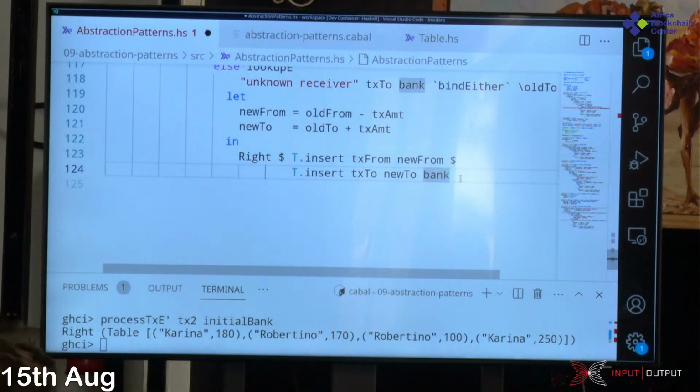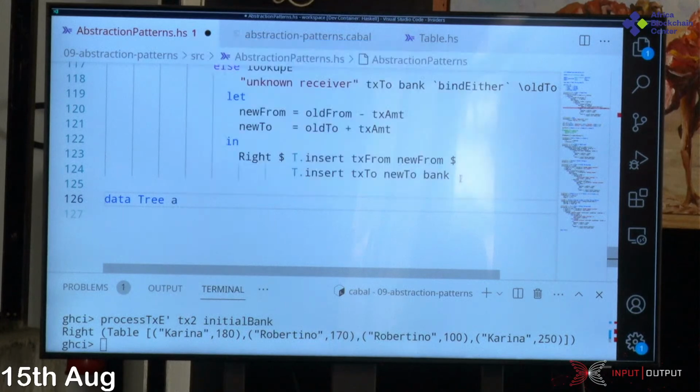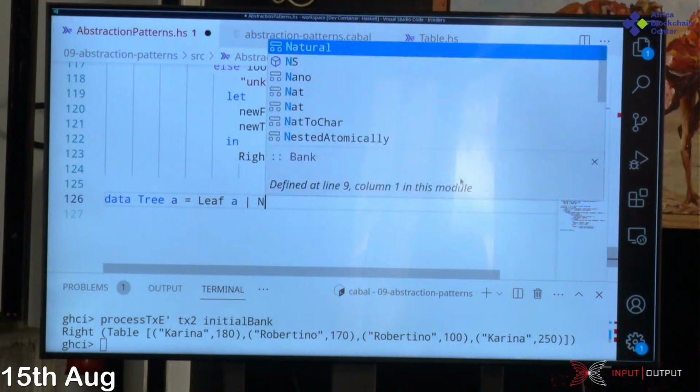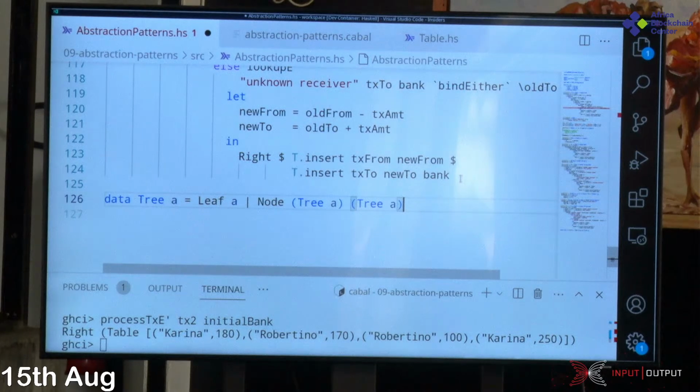Okay, so forget about transactions and banks. Now a completely different example, trees. So we have our data Tree a, which, what was it? It can either be a leaf or it can be a node with two children, which are again trees. Okay, and let's say I want to label that tree. So I have a tree and I want to, from left to right, pair each leaf with a label, which starts at 1 and then 2, so for example, with this tree here,